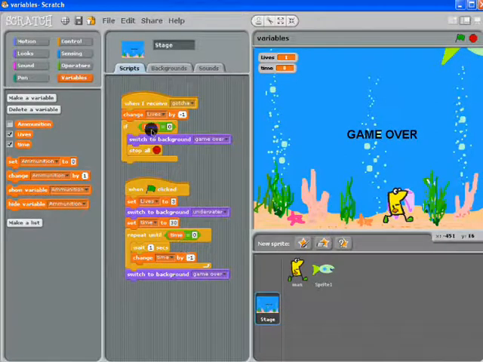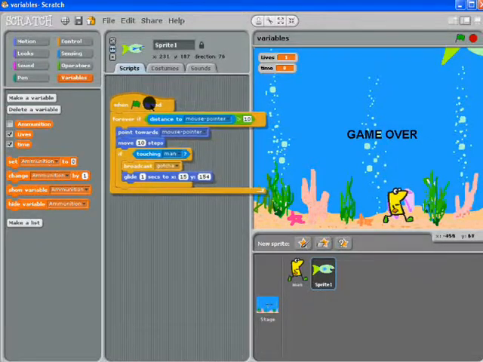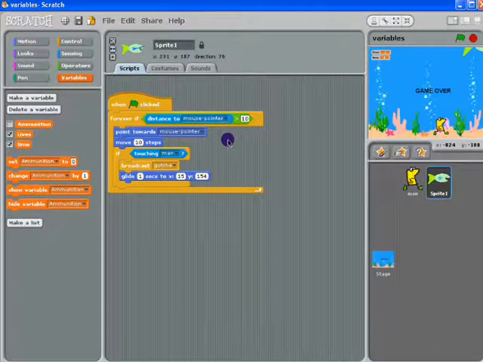The same with the lives. The lives go down by 1 until they get to 0. If it reaches 0, then game over. Lives go down when a broadcast called Gotcha appears. And if we look at our sprites, here we go. So here's our script. We can see that if the fish sprite 1 is touching man, he broadcasts Gotcha,